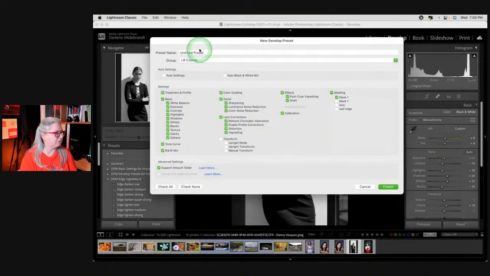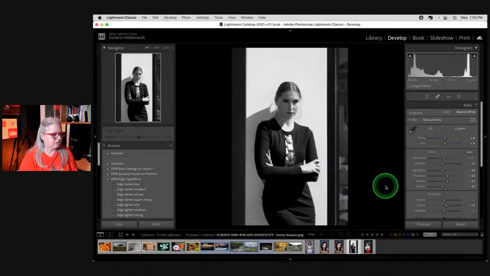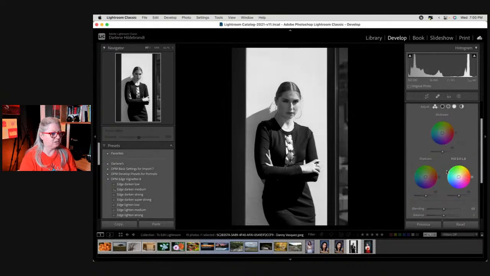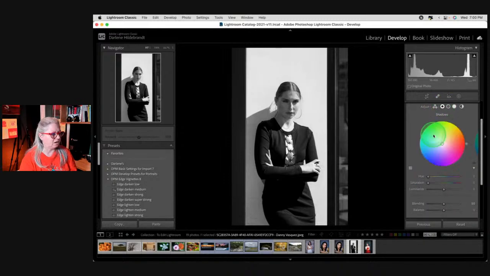Okay, so if I want to save a preset, I could just call this black and white fashion or high contrast black and white. And then all of these bits get saved. Now, if I decide I want to add a color tone, which is under color grading now, the neat thing about doing that is you can add it to the shadows only. So increase your saturation first and then pick the hue. For me, something sort of blue might be really neat with this image. So if I want to create a blue tone,